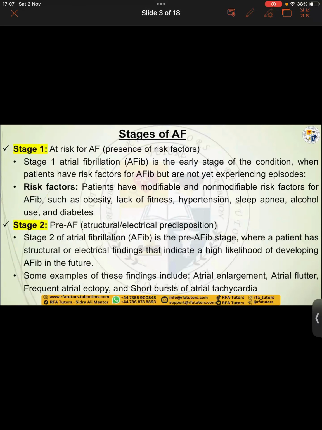So the first stage of atrial fibrillation is associated with risk factors, which include obesity, lack of fitness, hypertension, sleep apnea, alcohol, and diabetes. If I go into more detail about these, sleep apnea, as we all know, is associated with arrhythmias. Alcohol, as we all know, is also a risk factor for developing lone AF, which